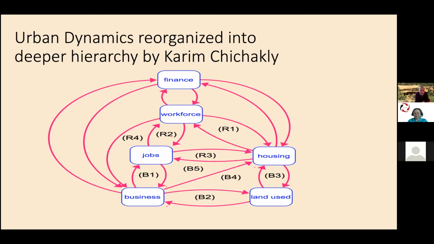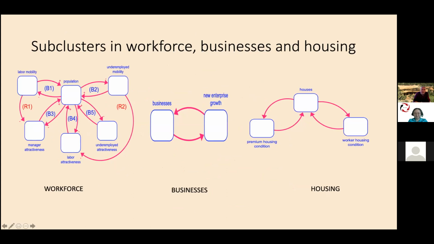In fact, it's interesting that if you look at Forrester's explanation, they are really cast in terms of the feedbacks that are shown here. Within the workforce, businesses, and housing, there are other clusters, other modules here, and his feedback explanations also follow the feedback between those submodules. So when you are developing a complex model, a hierarchy that has more than one level is